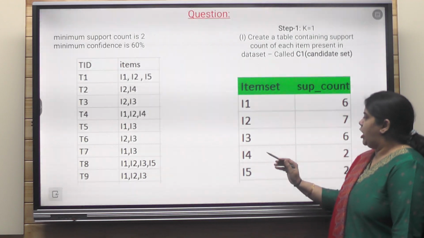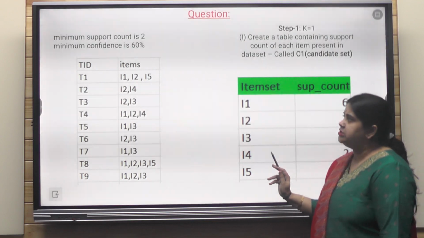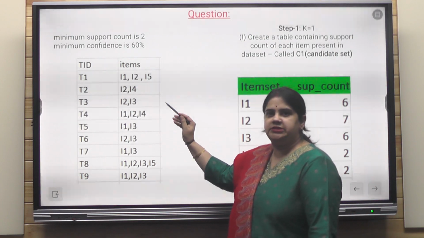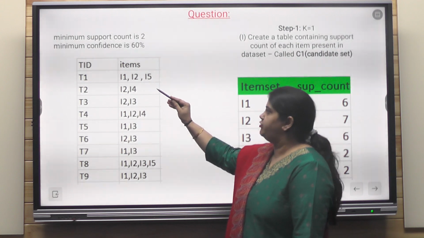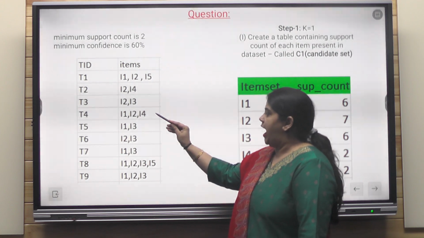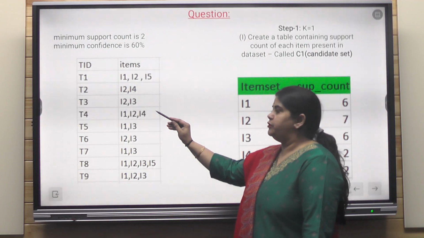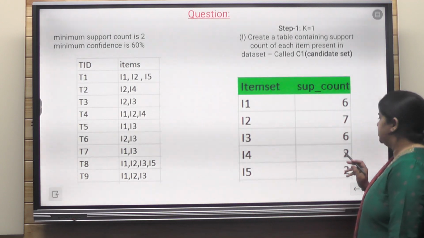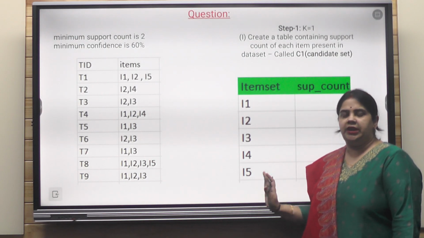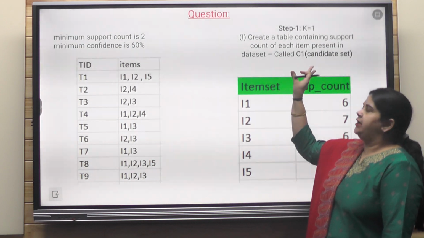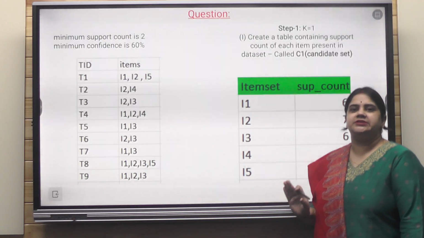Let's say how many times I4 has been purchased. We'll scan our base table and see I4 has been purchased under transactions T2 and T4. So what will be the count? The count is 2. So my first table is created, which is called the candidate table and denoted as C1